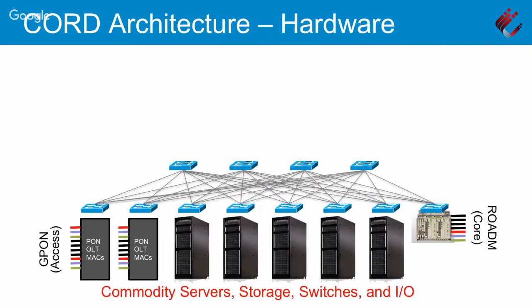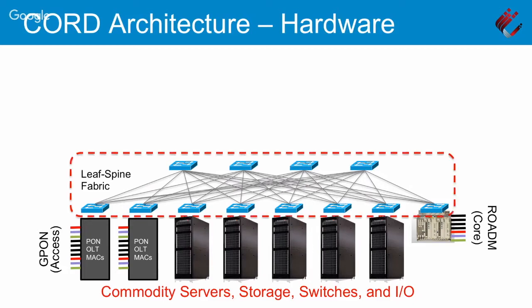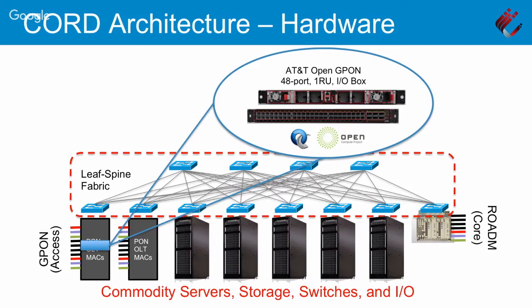All right, architecture can be described in terms of the hardware. Again, this is a picture you've seen before, and important aspects of that are the leaf-spine fabric, and the fact that we have access devices that are connecting it to the home. In this particular case, I'm going to be using examples from the residential version of CORD because that's where we've made the most progress. But over here, we've got racks of 48-port 1U boxes that connect you to GPON out to the homes. And that's just one aspect of the entire commodity multi-rack cloud that you have. So Saurabh will talk more about the switching fabric and all the software that manages that. I'm going to move on to the other parts of the system.